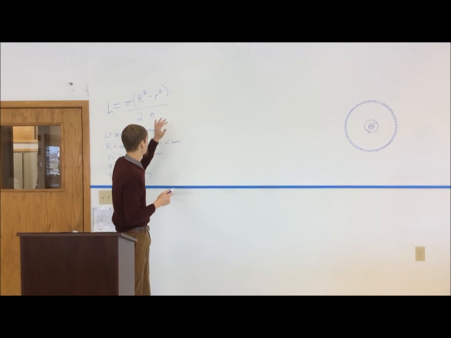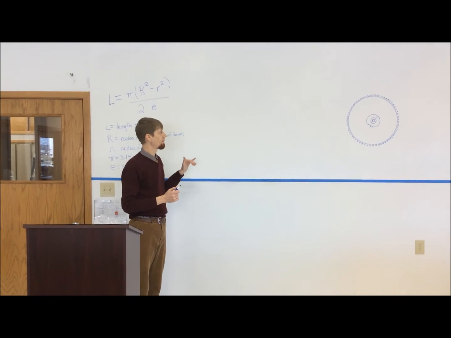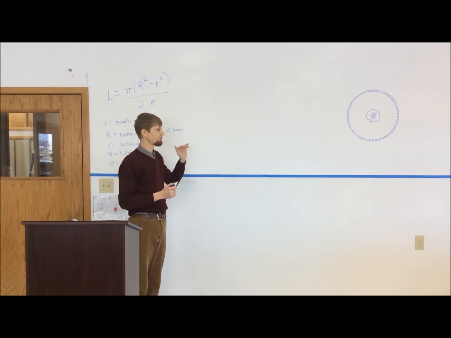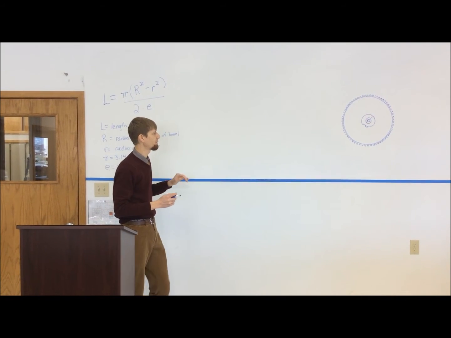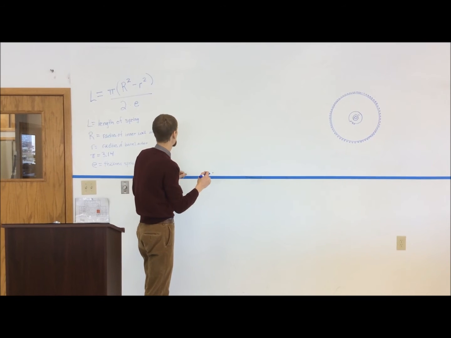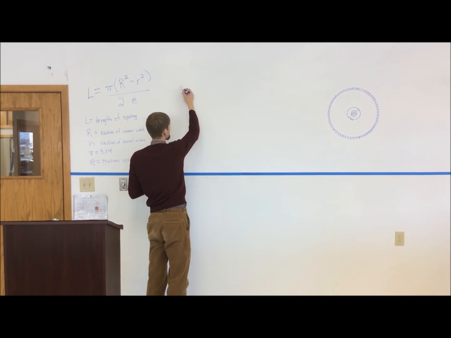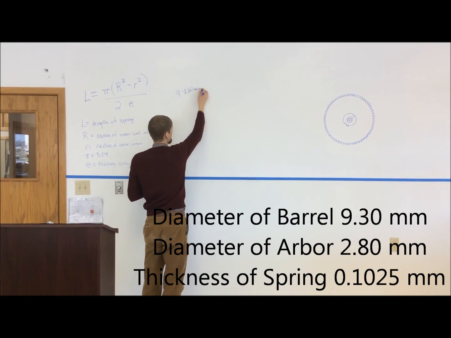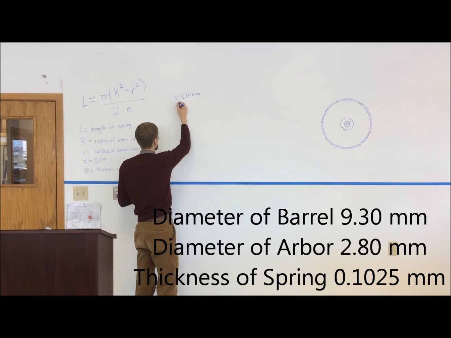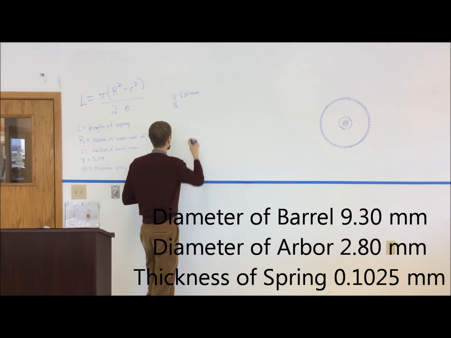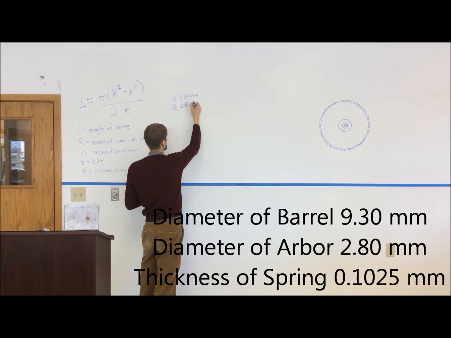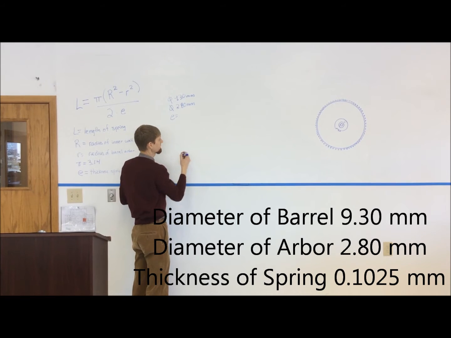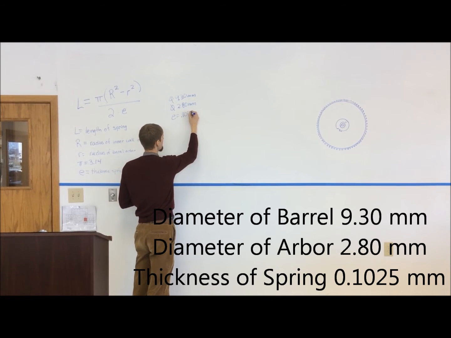Okay. I'll walk you through calculating this problem, and then we'll come back and we'll look at why this formula works, and then we'll give you a problem so that you can try it on your own. So for our first problem, we're going to measure our barrel, and we have a barrel whose inside diameter of the barrel wall is 9.3 millimeters. We measure across the arbor, and the diameter there is 2.80 millimeters. And when we measure the spring, its thickness is 0.1025